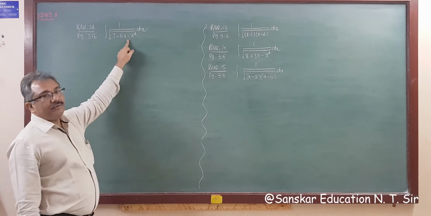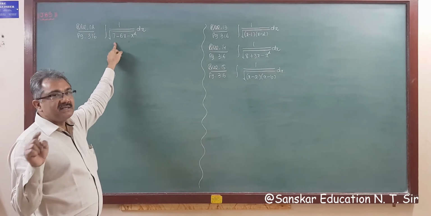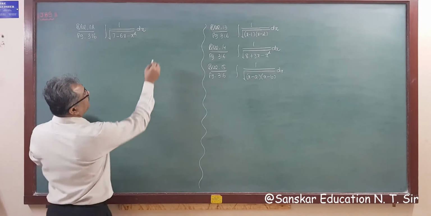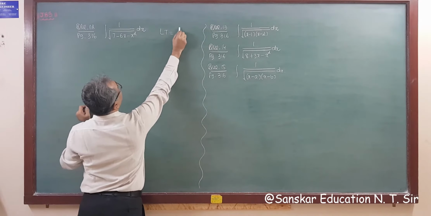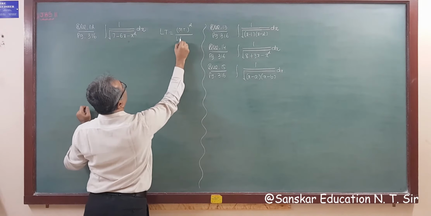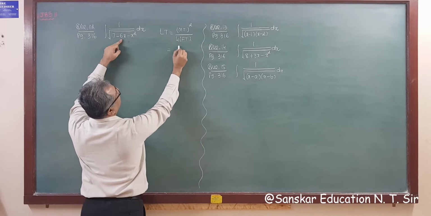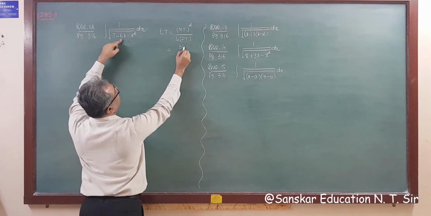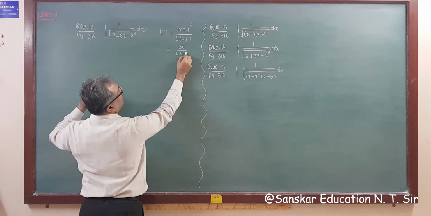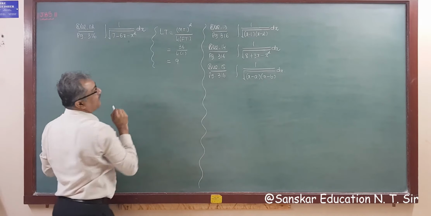Another question of this type, but it is given perfect square term in minus, right? So what we have to do? This is quadratic form, right? That means we have to find out a last term. So formula for last term is middle term square whole upon 4 into first term. So middle term is 6, that is 36. Divide by 4 into first term is 1, right? So last term will be 9 that you require, right?